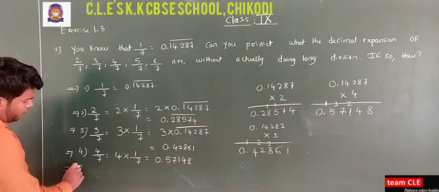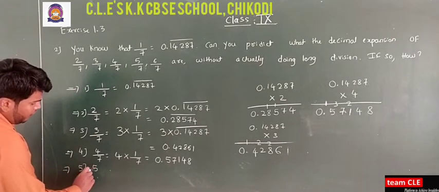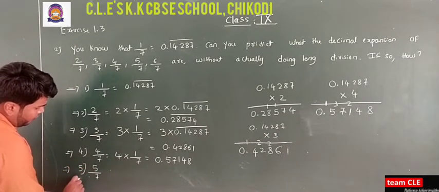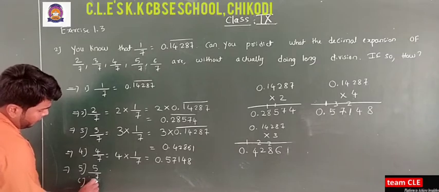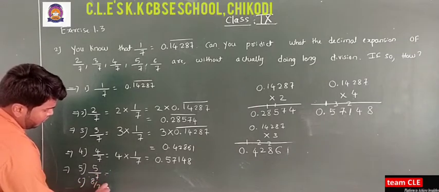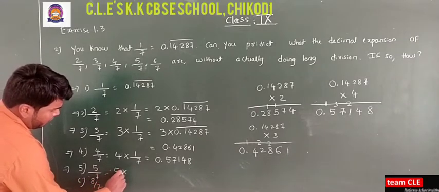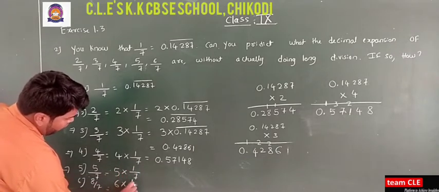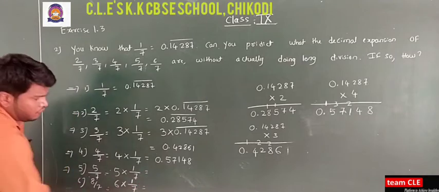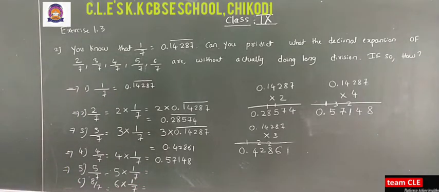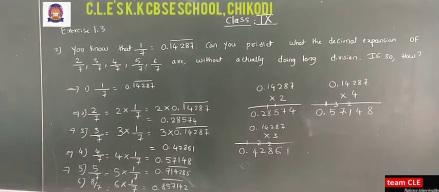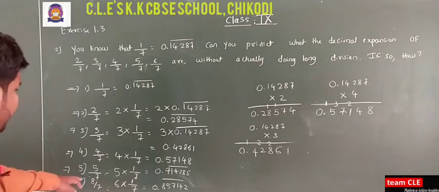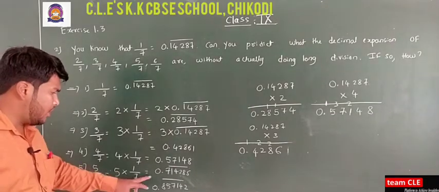this one. Just solve for 5 by 7 and 6 by 7. You have to multiply 5 into 1 by 7, and you have to solve for 6 into 1 by 7. Okay, so just go through this video and solve this. After solving, 5 by 7, which is equal to 5 into 1 by 7, I get the answer as